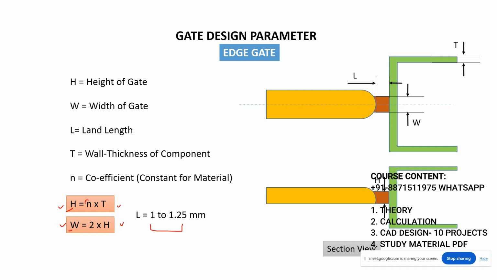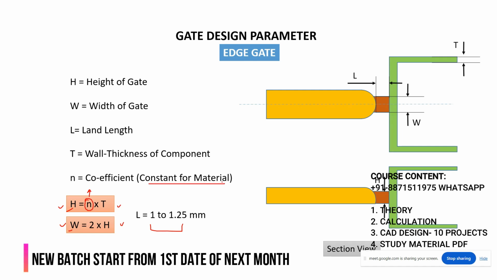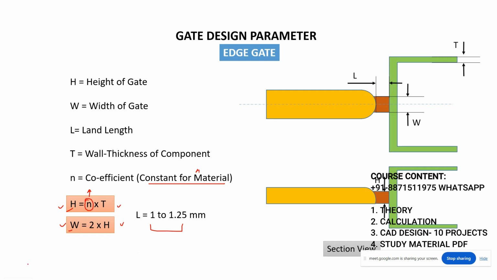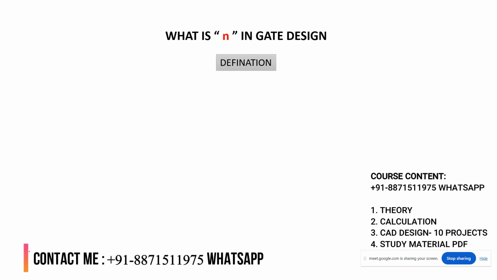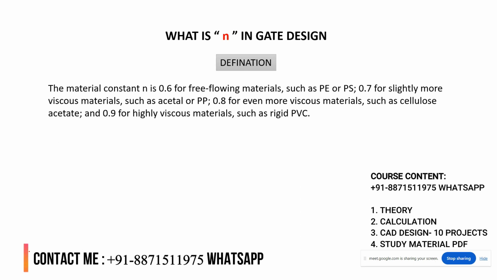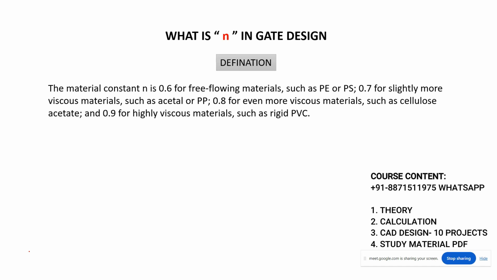And here you are confused about the N, what is the N here. As I told you, this is the constant of the material, and I am going to explain, don't worry. Now see here, what is the N in the gate design? N is nothing but, as I told you, it depends upon the viscosity of the material. So the material constant N is